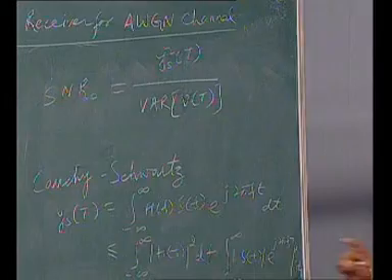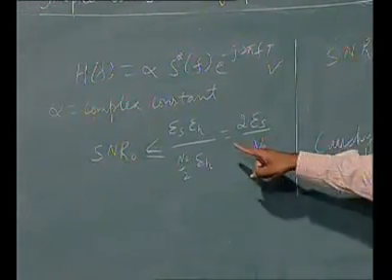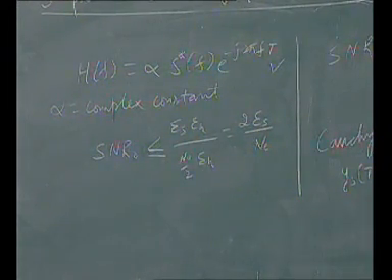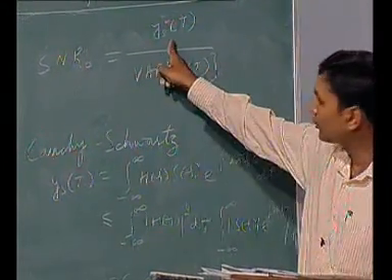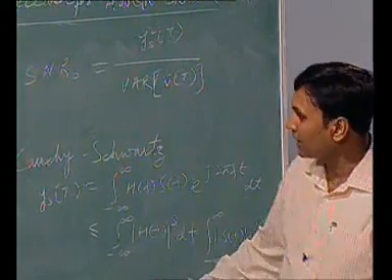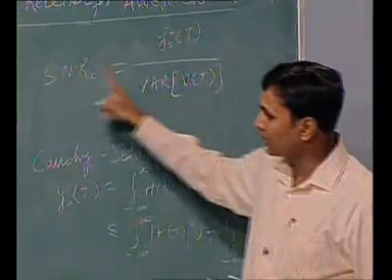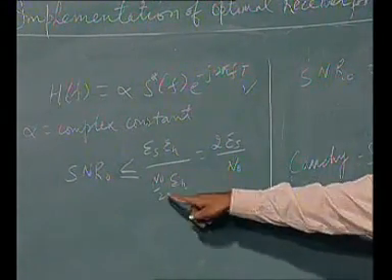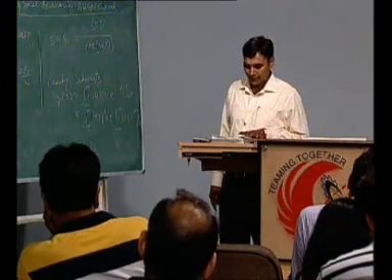Then the first thing is that this equality will hold if you have this in place, and the second thing is that while you find this out, it will become this YST. The value of YST is this one. Here we have to put this value, Y square ST. So, the value EH ES we have written there, divided by the value of the variance, which was calculated earlier, N naught by 2 times EH. Now, this EH cancels out, the 2 goes up, and we get ES by N naught, which shows the filter H(f) that maximizes.